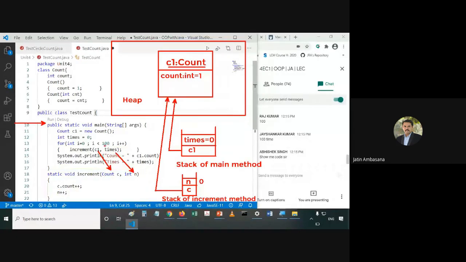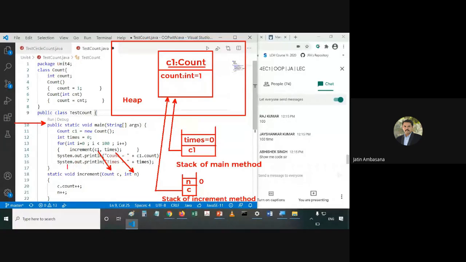This times value is passed to n, so it is called pass by value. And C1 is a reference variable whose value is passed to the reference variable C, so it is called pass by reference, because C also starts pointing to the same object to which C1 was pointing.